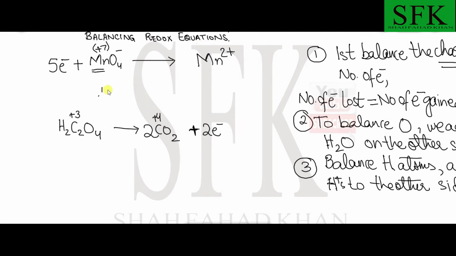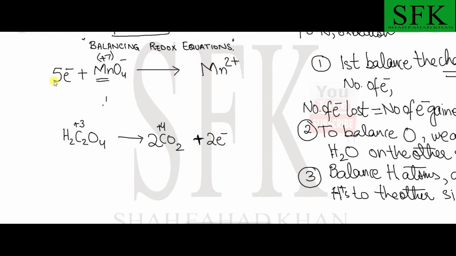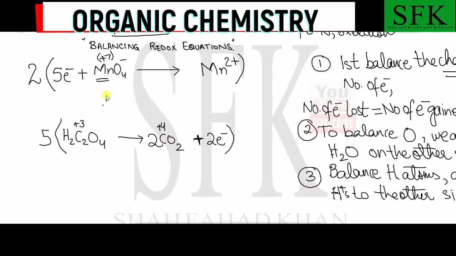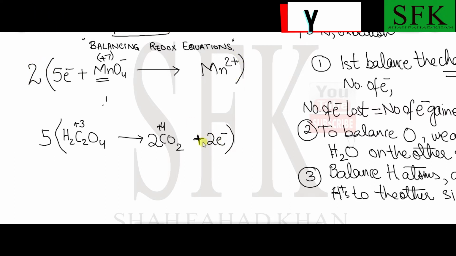Now the electrons which are lost from here must equal the electrons that are gained over here. So in order to balance the electrons, multiply this entire equation by 5 and multiply this entire equation by 2. Basically what I've done is I've multiplied the number of electrons in this equation by the entire equation, the 2 over here, and I've multiplied the number of electrons in the first equation by the entire second equation,